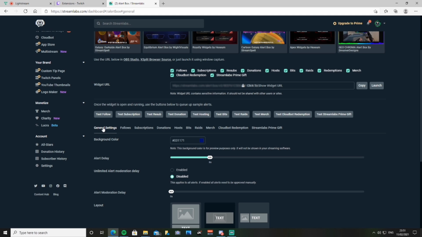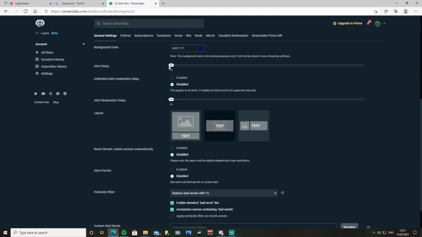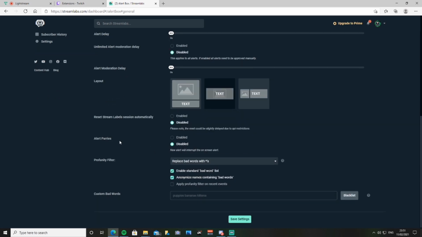That's just personal preference once again. All the same color, all the same size of text, all the same font, etc. This is general settings. This is where you can change the background color, alert delay. I'm going to change that. I want that at 0. Alert moderation, layout of your general one, and profanity filter and stuff,